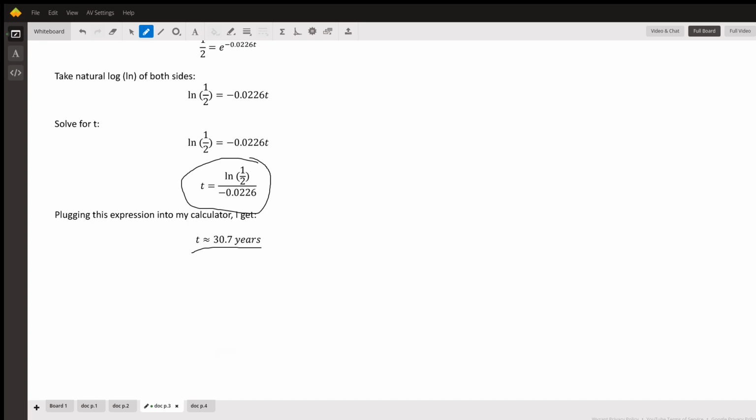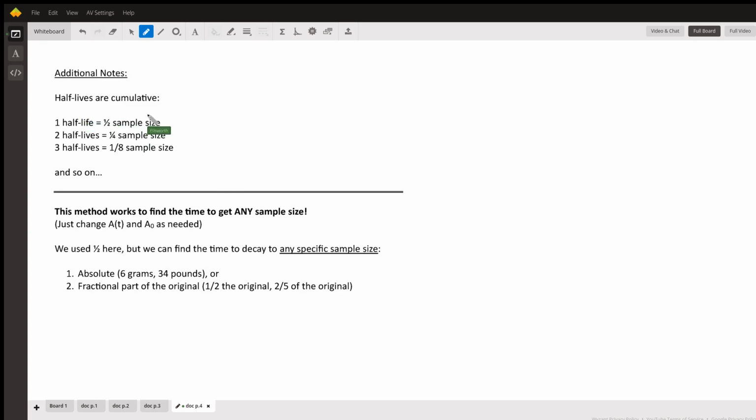Here are a few key insights. Half-lives are cumulative. After one half-life, the sample decays to half its original size. In this case, 30.7 years. You wait another 30.7 years, you're down to half of that, which is 1/4 the original size. Another 30.7 years, you're down to half of that, which is 1/8 the original size, and so on, and so on, and so on. Now we use 1/2 in this problem, but we can actually find any fractional or absolute amount